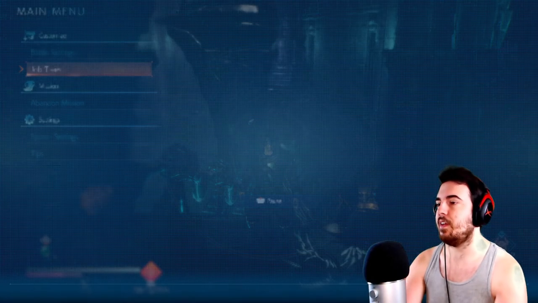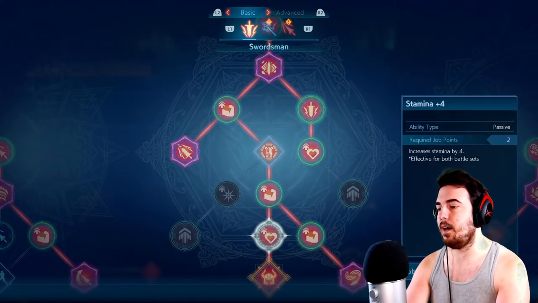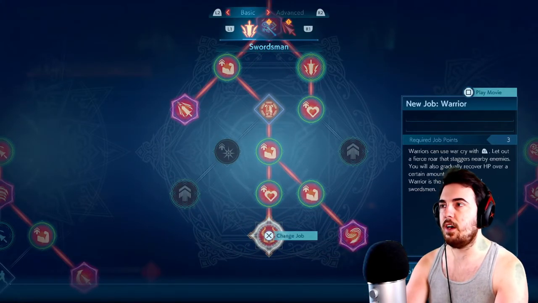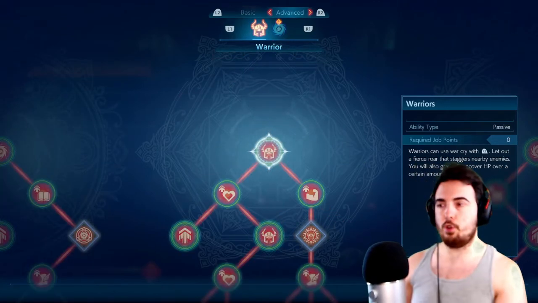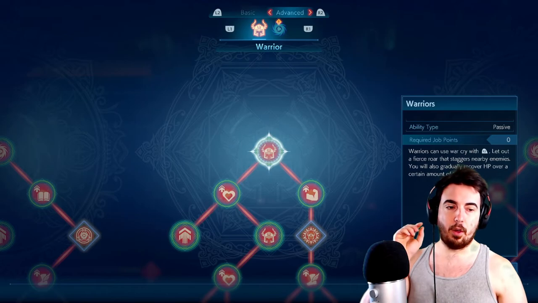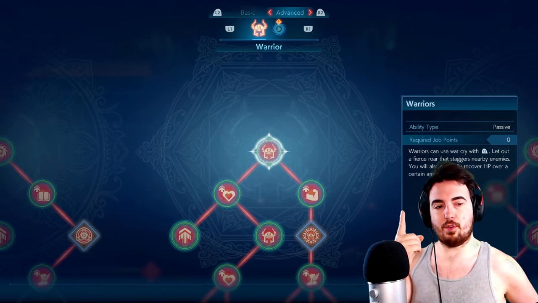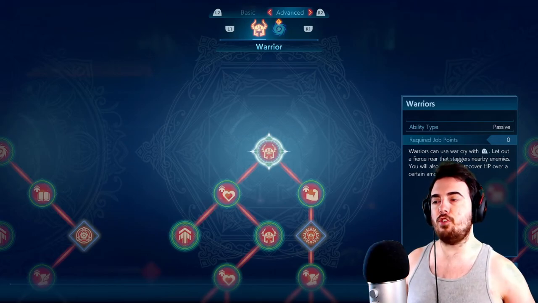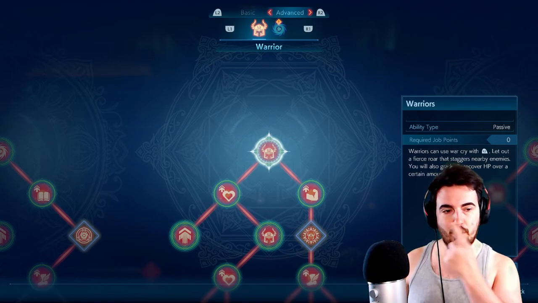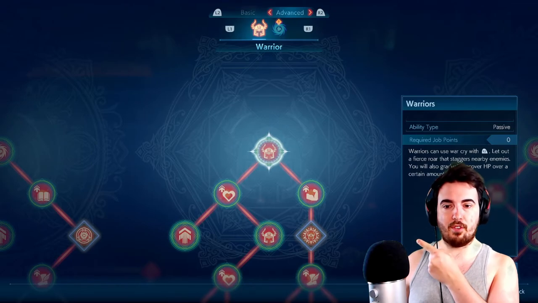But as I was saying, unlocking all the way to the bottom of the Swordsman tree will unlock to you the advanced job, which is Warrior. So the cool thing about the Warrior class is, 1, you can use both great swords and halberds. 2, any of the abilities that you have gotten from the Swordsman class, you can use with your great swords,